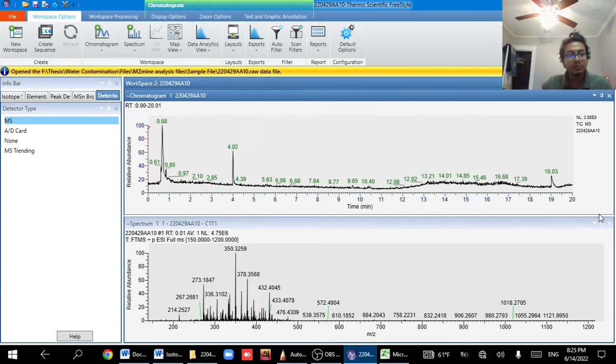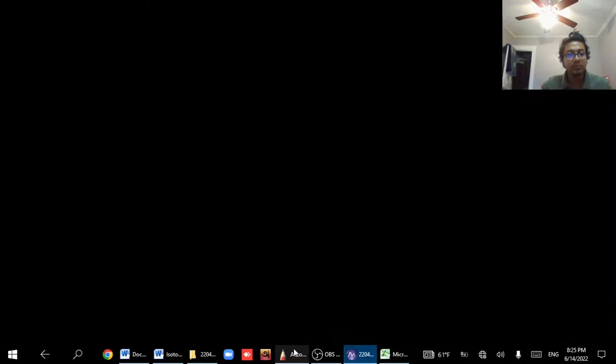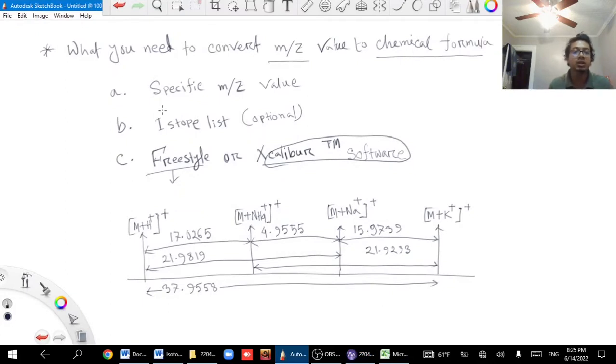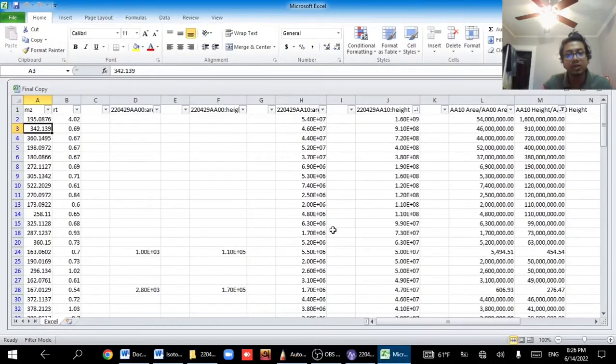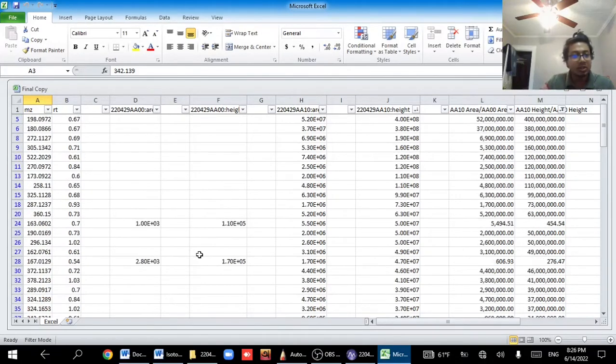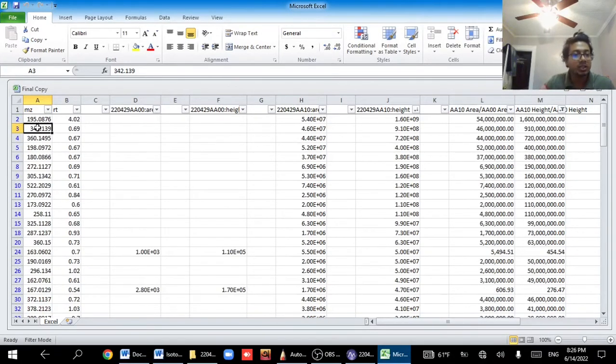Okay, so now the first step, what I told you, I need a specific m/z value. You can see here. From where can I get that specific m/z value? You can take any value you have from the raw file. Like I have the Pepsi raw file. You can see here I got that file from MZmine, and I got values like 342, or several values like here, 732 values of that m/z. So my target is that one,